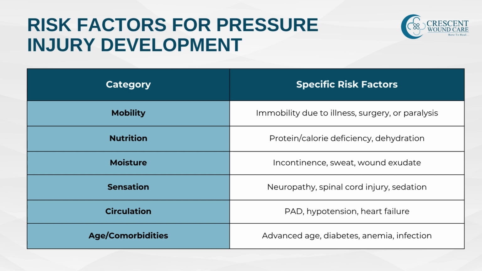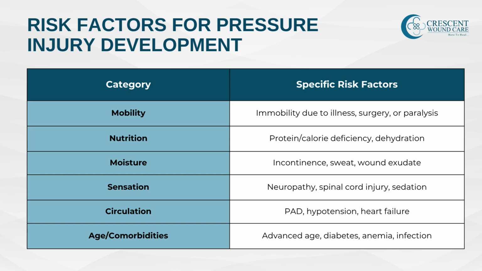Poor circulation. Peripheral artery disease, hypotension, or heart failure reduces tissue oxygenation, delaying healing and increasing risk. Advanced age and comorbidities. Elderly patients often have thinner skin and more complex medical conditions like diabetes or infections,